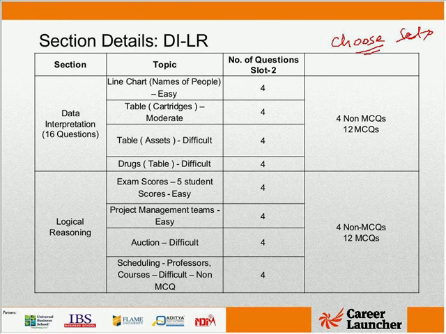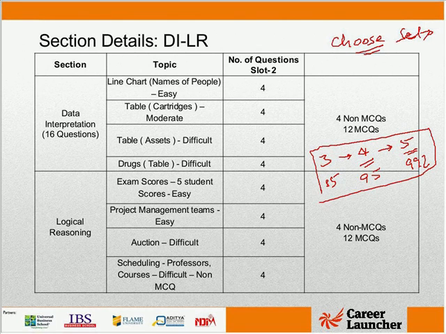So when I'm looking at these 3 sets to 4 sets to 5 sets, the jump in percentile will be huge. Someone who's done almost all 5 sets right could end up with a 99 odd percentile. 4 sets right could be about a 95. 3 sets right would be about 85. So this is the kind of jump. The percentiles in DILR will jump significantly with every set, and from 4 to 5, to me, it is a critical one. This is sufficient to clear the cutoff. This is required to get a decent score. This is required to max your score.